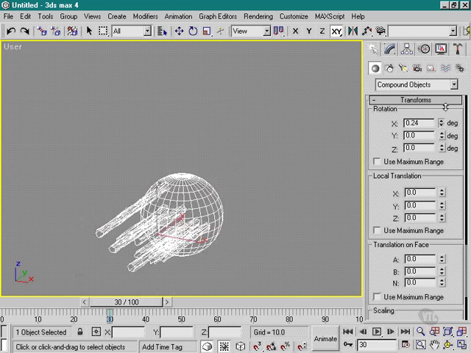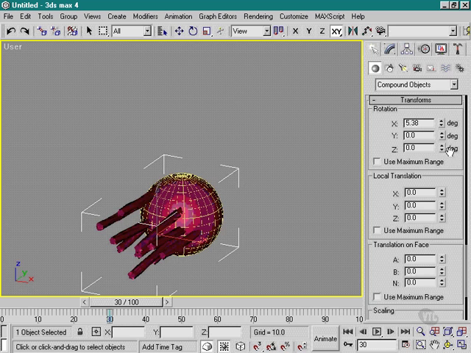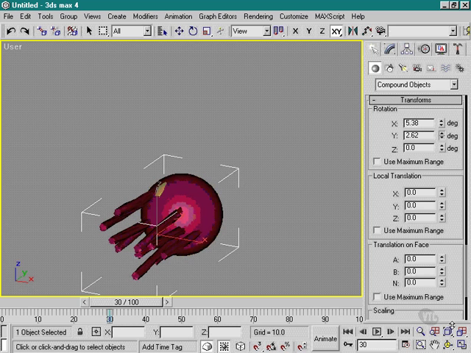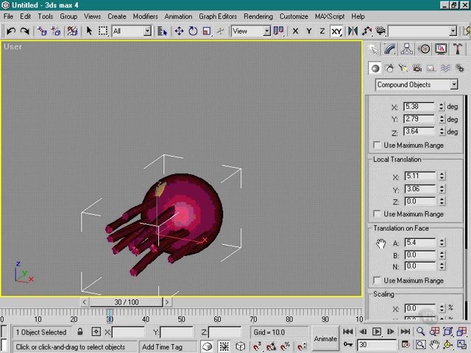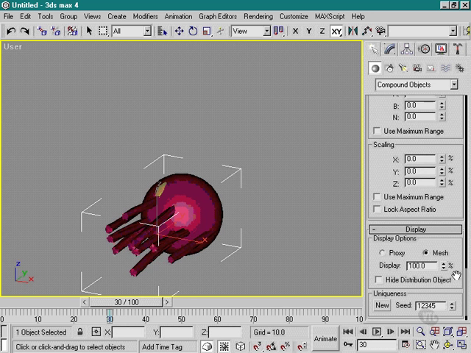We've got transform, and there you can see the objects are bending and twisting. Local, there you can see the objects are being moved around their own local axis. And translation on face, and again it's very much like the local, but it's treating location against the resultant or the sphere. We have how it's going to display itself, whether they're going to be proxy objects or meshes,